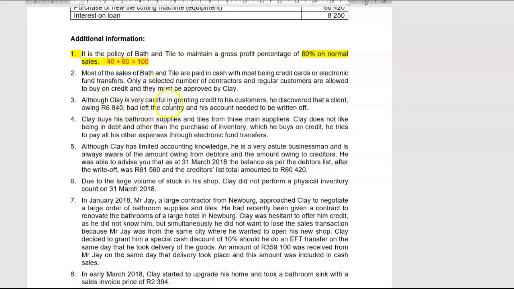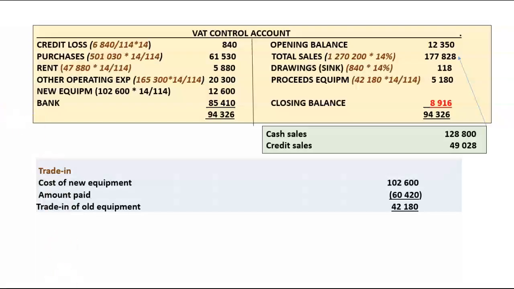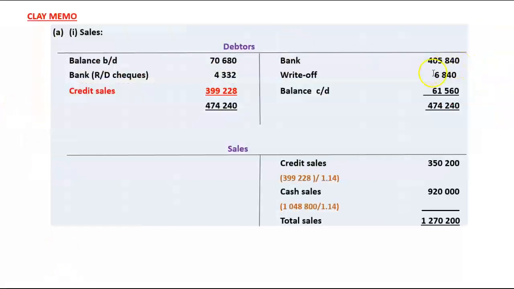Although Clay is very careful in granting credit to his customers, he discovered that a client owing 6840 had left the country and his account needed to be written off. Good, so that's 6840. We know we're going to credit our debtors account 6840. We do not really mind about the expense account because it's not required from us to show normal expenses, operating expenses anyway,